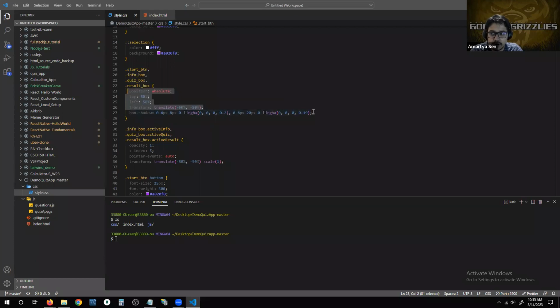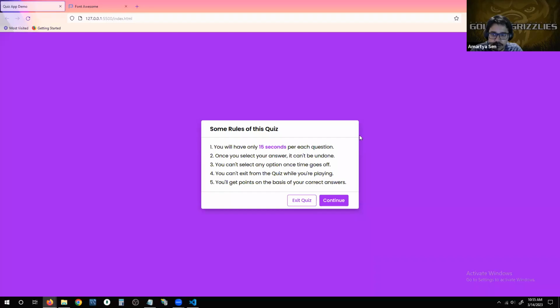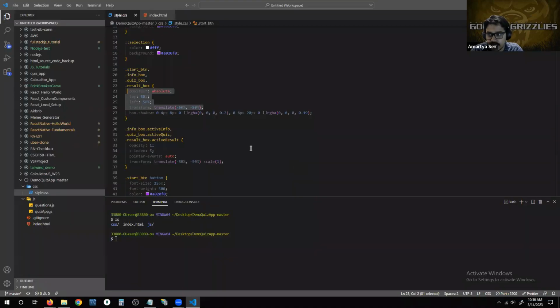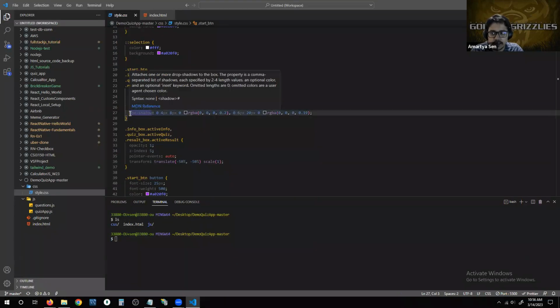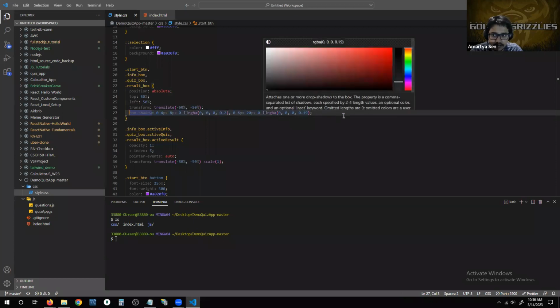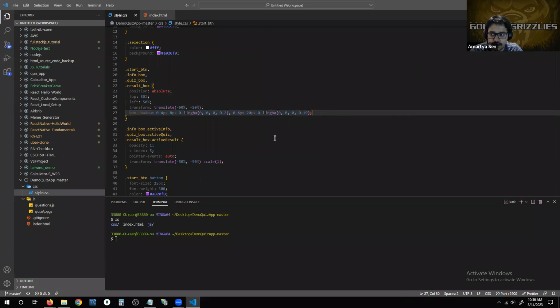And then I applied some box shadow around each of these elements. So you can see here that there is a little bit of shadow vibe going on around all sides of each of these components. If you exit the quiz, you have the same feeling and look. You can see that there is a very light shadow here at the very bottom. The same thing follows around all of the different edges. So that is what this property is essentially doing, and it gives a color and some alpha transparency to each of those shadow sides, right? So these are applied to each shadow side, and you can check more of this out in the documentation guides,